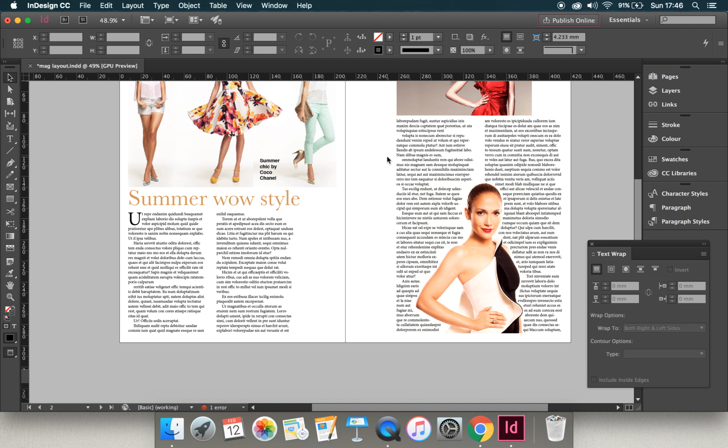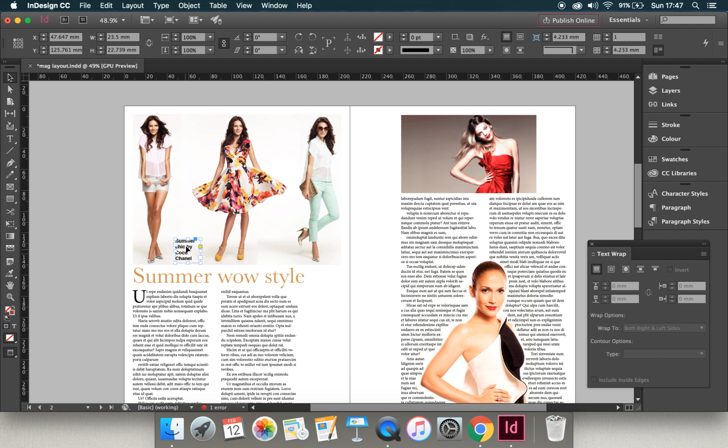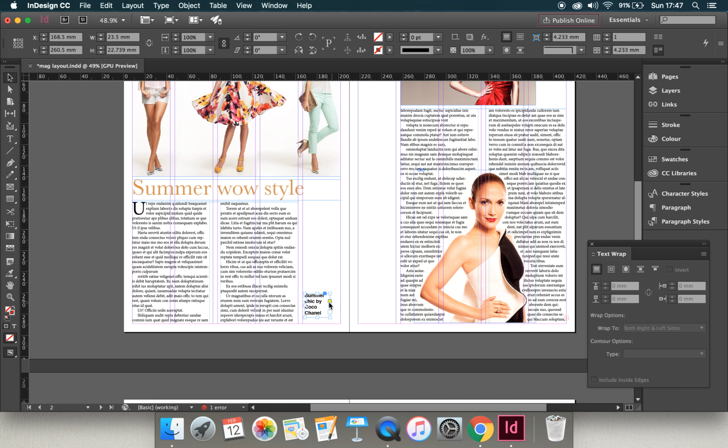And if I click off and click on W, that's how it will look. I can move it over to there if I want. I could have it at the top of the page, in the middle if I want. So it's up to me to decide where I want the caption to be. Or, as magazines tend to, which have a bit of white space, I could put my guides back on so